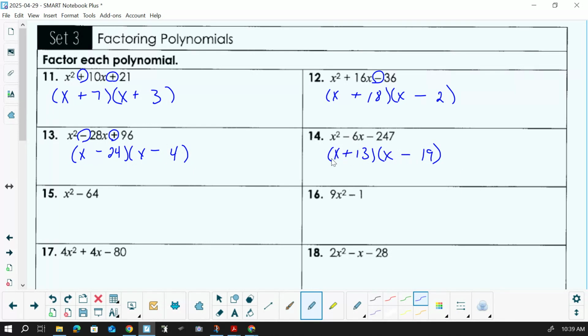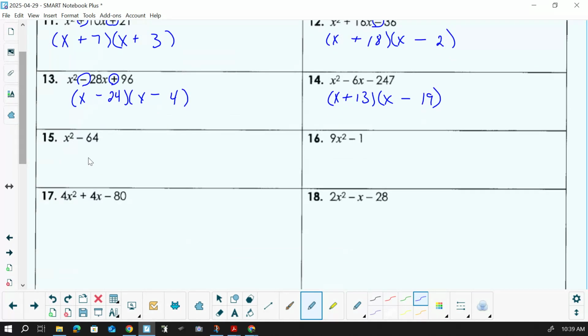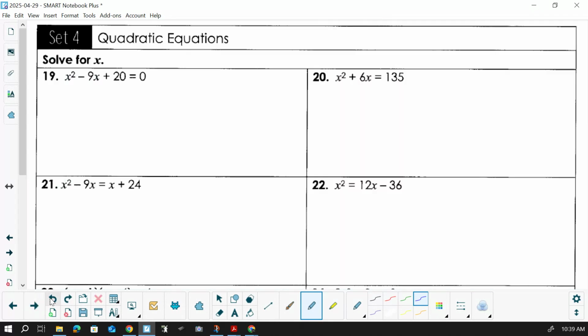X times x squared, minus 19 plus 13, negative 247. That works. This one, x squared minus 64. Now, you could get a hint from